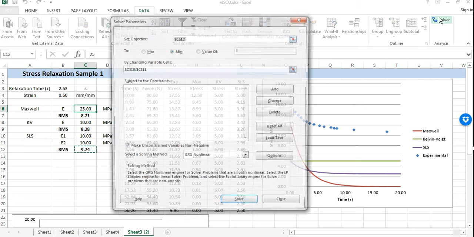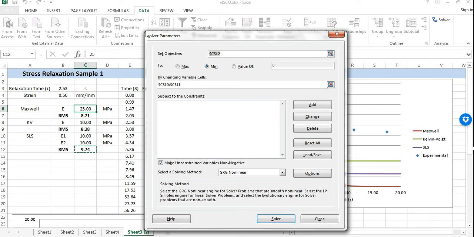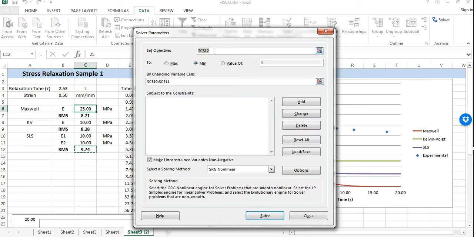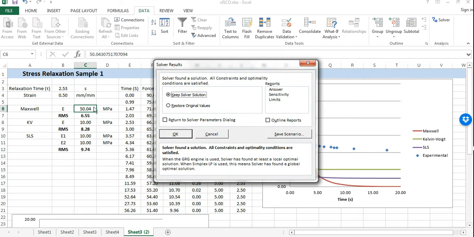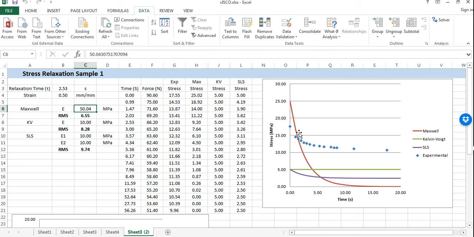The solver allows us to do some really nifty stuff that you may find useful also in additional courses. What we can do is set an objective, and our objective right now is we want to reduce this RMSE value for our Maxwell model, and we want to find the minimum, and we want to do that by changing the modulus here. So when I press solve, it's going to keep playing around with E until it minimizes this value. I want to keep it, and you can see that it actually did change my Maxwell value, and it did reduce my RMS. Now we cannot get any better than this